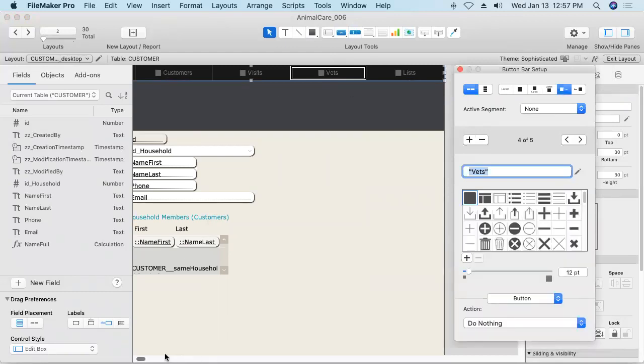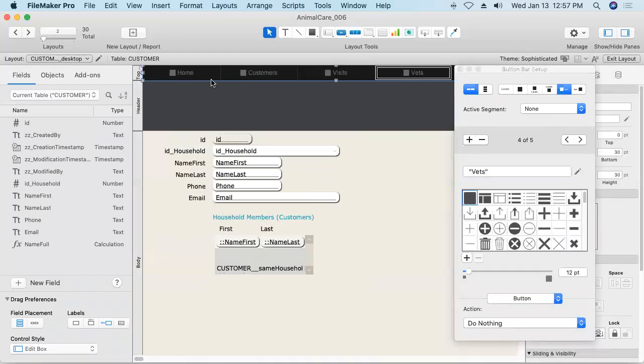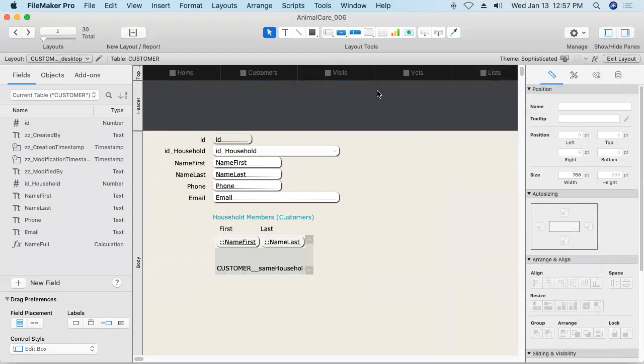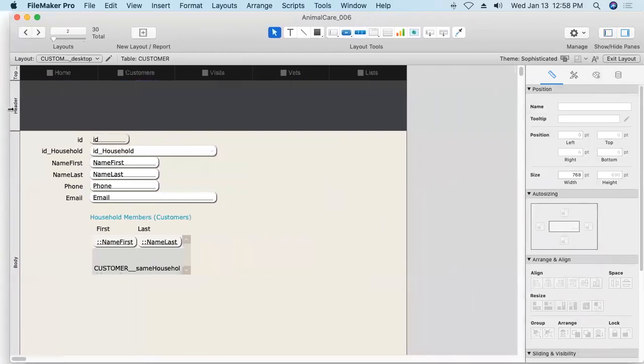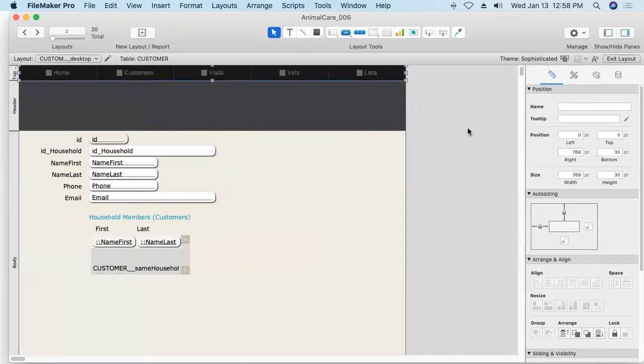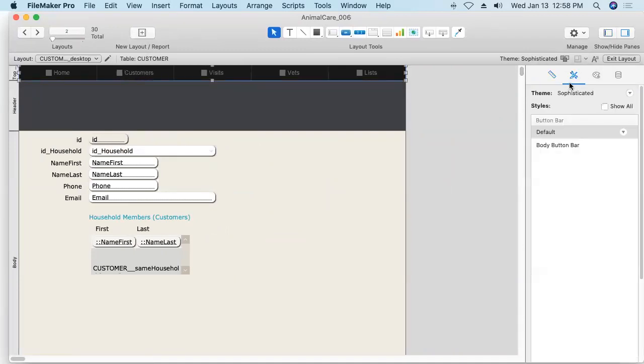And I won't take the time right now to assign pretty looking icons, but you certainly could. Okay, so a button bar is a pretty sophisticated device. It's made up of a lot of different pieces. And when you select the button bar, the styles pane shows you the styles that are available to you in your